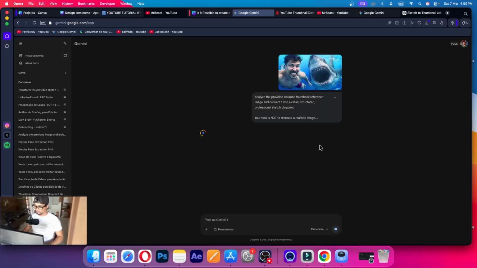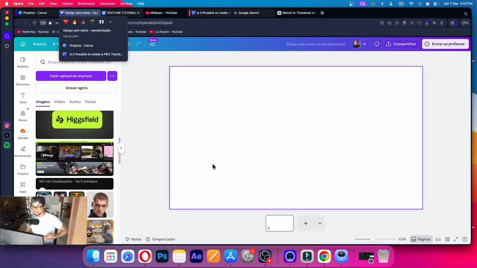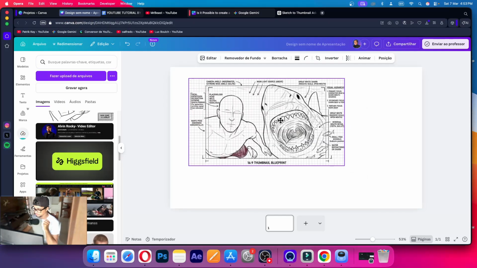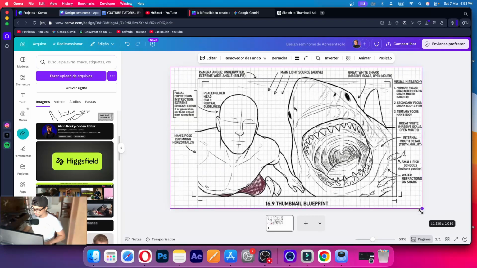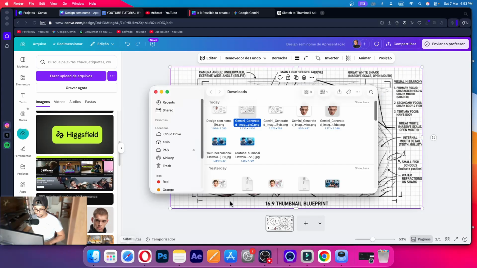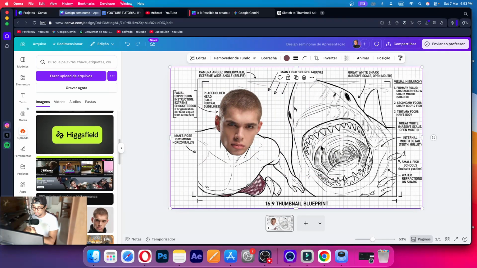There you go. Now, as you can see, we have the perfect thumbnail blueprint in front of our eyes just in a few seconds. It didn't take even 1 minute, okay? So we're gonna download it right now. Then you're gonna open up Canva or Photoshop if you prefer, okay? It's up to you. I'm gonna paste in here the sketch just like this one, and I am going to pick the cropped image, which is the guy face,